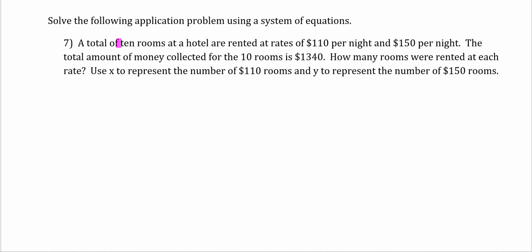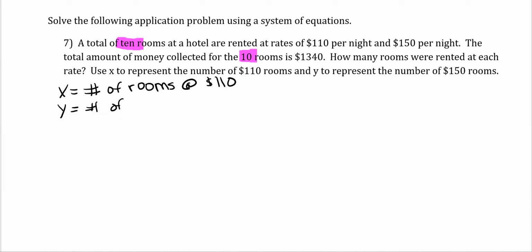A total of 10 rooms at a hotel are rented at rates of $110 per night and $150 per night. The total amount of money collected for the 10 rooms is $1,340. How many rooms were rented at each rate? Let X represent the number of rooms at $110,